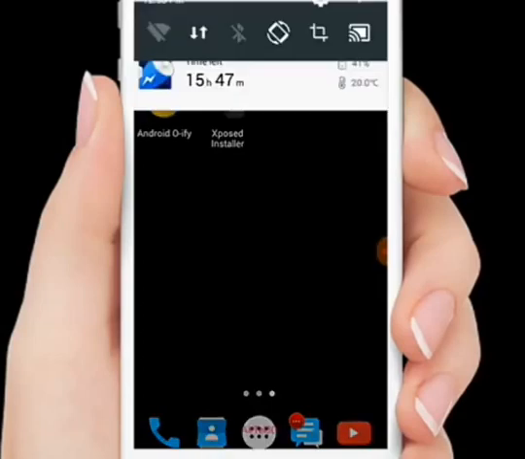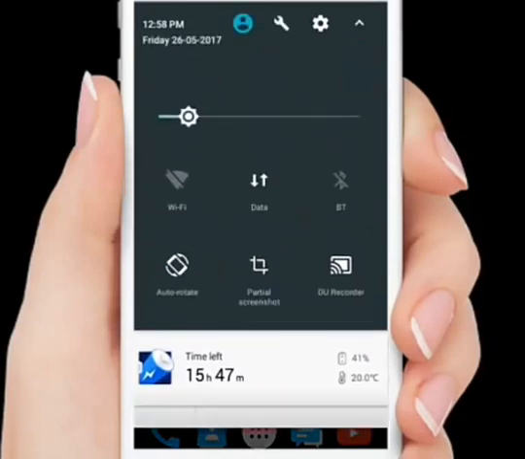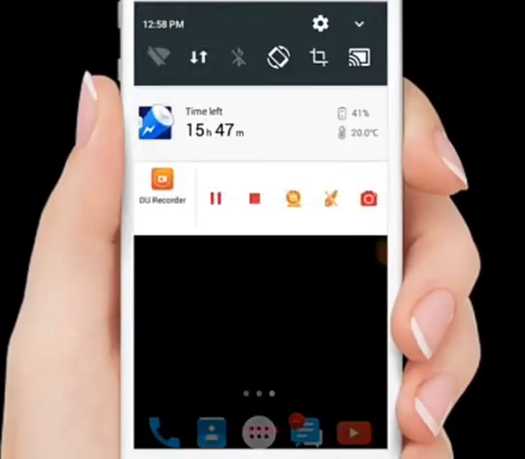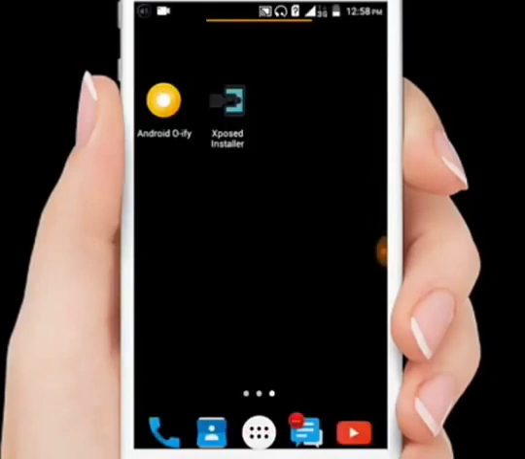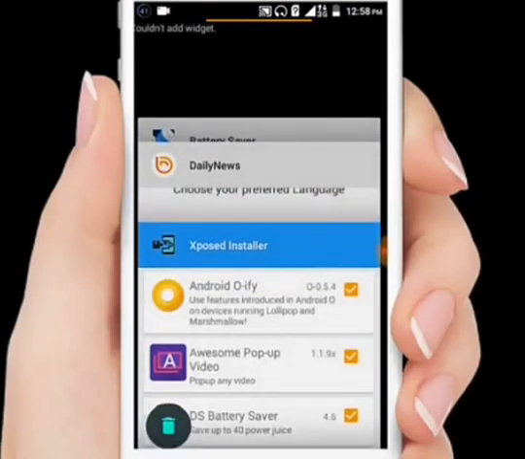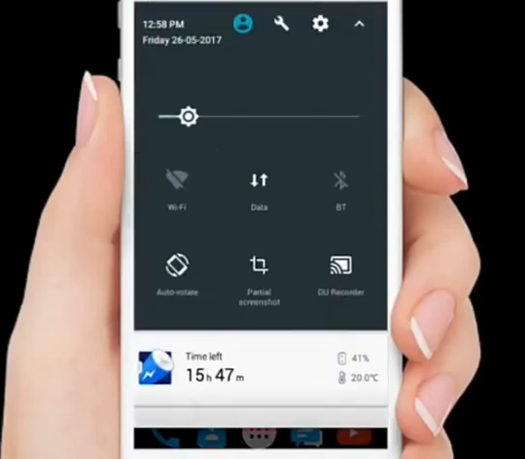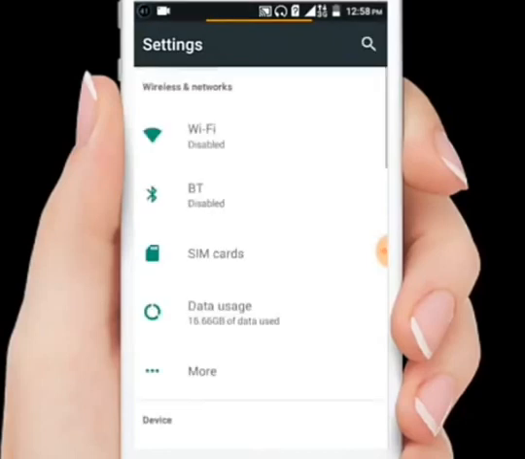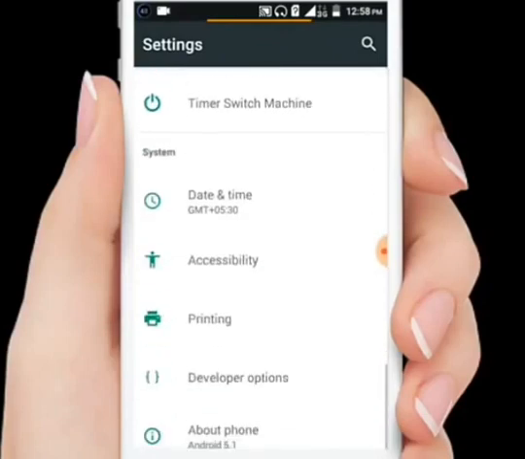As my notification panel is changed guys, as you can see, here again I am showing you the notification panel was changed. The notification size is bigger and better, and recent apps also changed, as we are seeing. Let me show you some settings of this great module guys. The settings will change all the widgets and the whole system will really change. This is one of the settings, and all our settings are going to be changed guys.